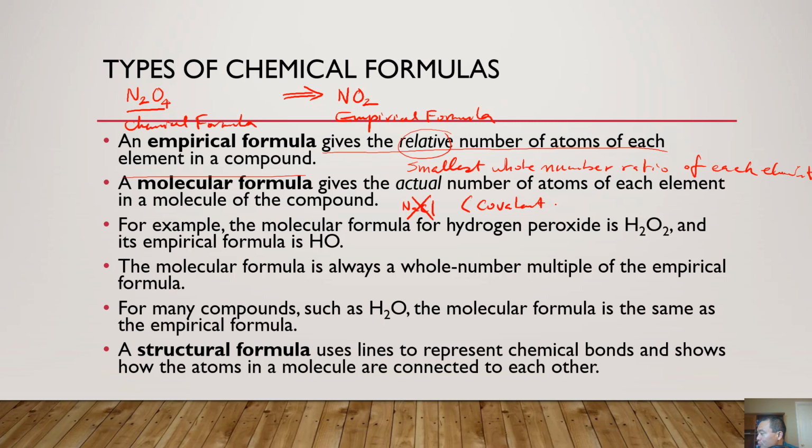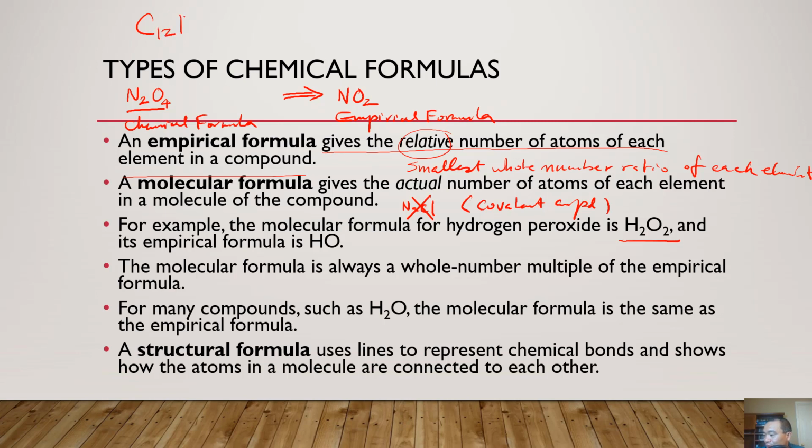So what is a covalent compound? A covalent compound is formed between nonmetals. Look at another example, hydrogen peroxide, which is H2O2. The empirical formula would be HO. What about another example? For example,